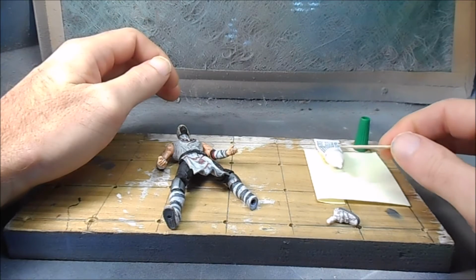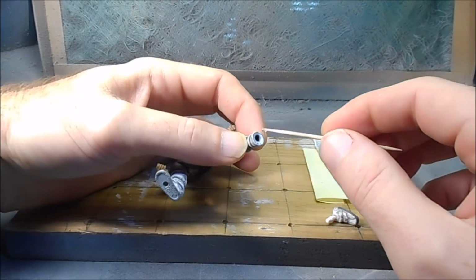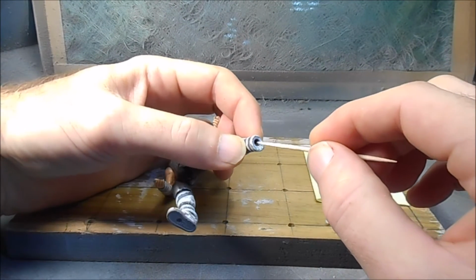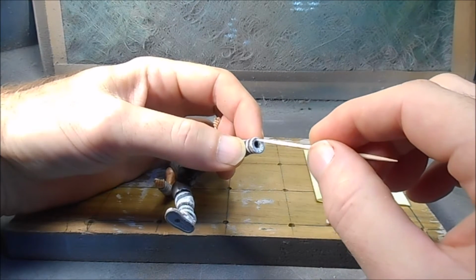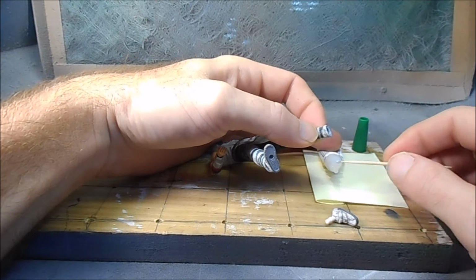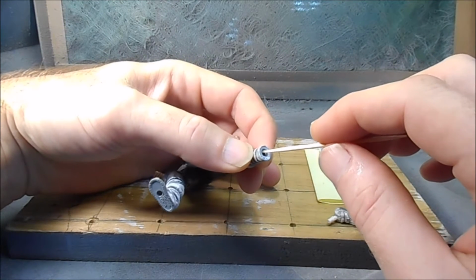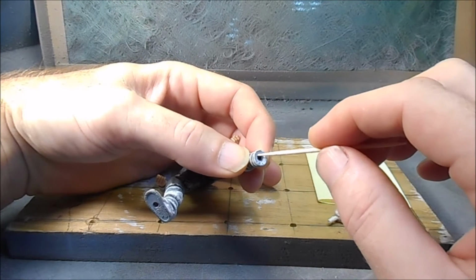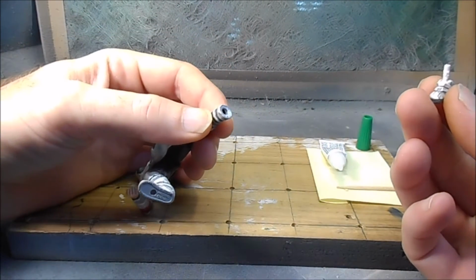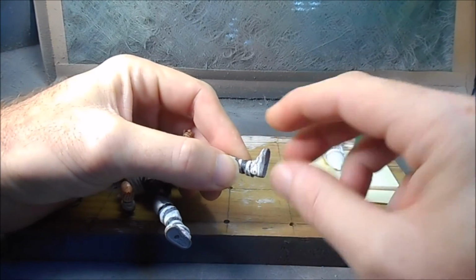What we're going to do is take a little dab of super glue. We're going to put it inside of the peg hole. Rub it around a little bit to spread it. Get another little dab here. Now you don't want to use too much. You just want to use a little bit, just enough to get a little layer around the inside of the hole. Next, you're going to take your foot, in this case, put it in, and then you want to turn